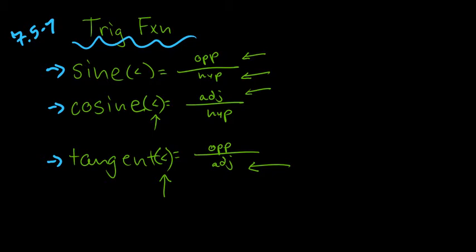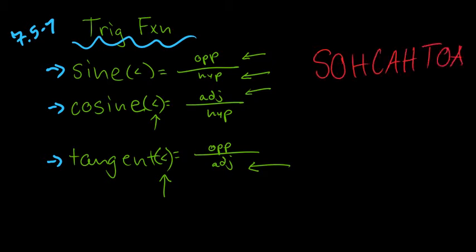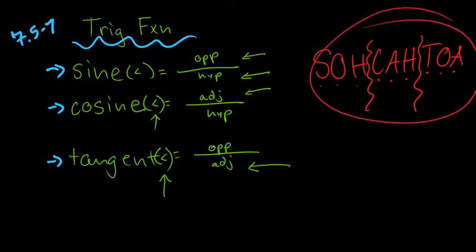So that leaves us with our lovely abbreviation of SOHCAHTOA. Sine is the opposite over hypotenuse, cosine is the adjacent over the hypotenuse, and the tangent is the opposite over adjacent. If you can remember SOHCAHTOA, you should be able to set all 3 of these up and their